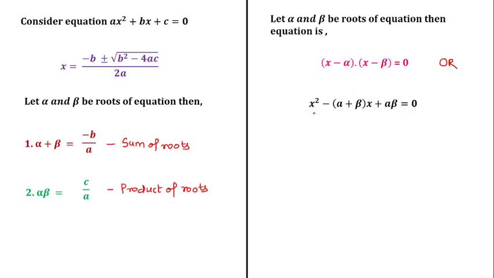See, if you expand this, you will get the same thing. Or this equation can also be prepared as x square minus, now alpha plus beta I am considering as sum of roots, so it is sum of roots into x plus alpha into beta, which I am considering as product of roots. So here we have written product of roots and the right hand side is 0 only. That means if a question comes something like this, find the quadratic equation whose roots are